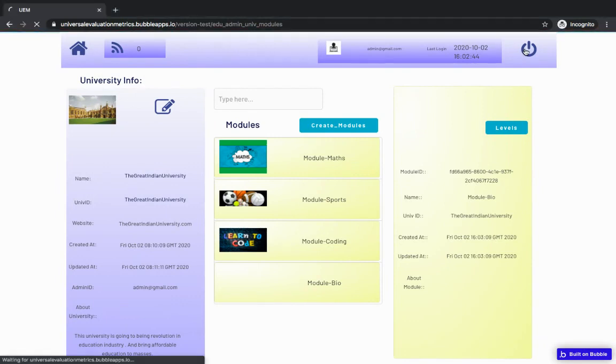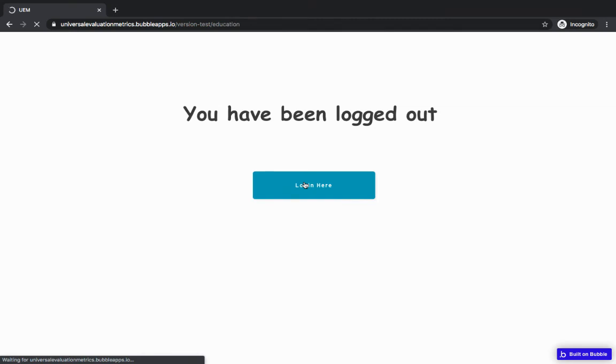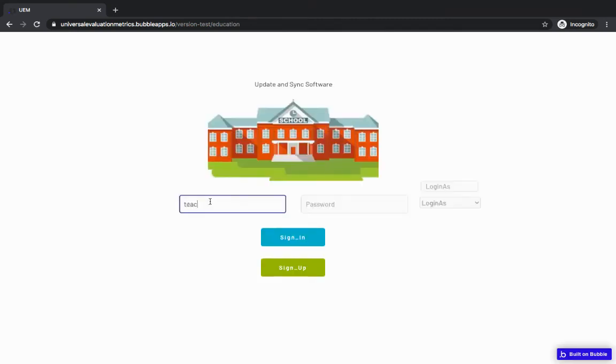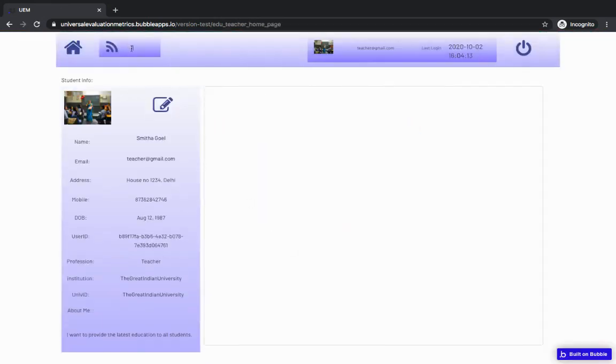Now let's see. Now let's try to go back to the teacher's profile. And we have logged in as teacher. And teacher has received the same notification as well that a new module has been